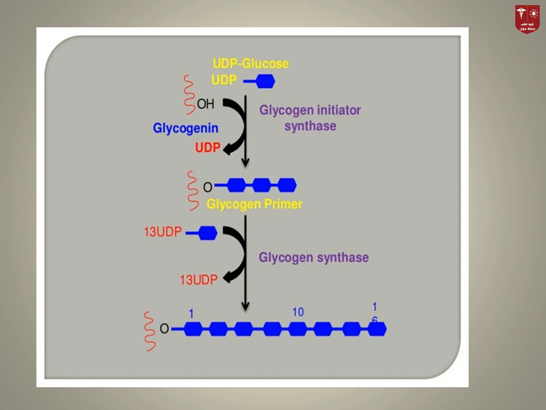Like we can see here, this is an illustration of what I've just said. This is the UDP-glucose. Okay, and this is the glycogenine. First, this UDP-glucose is going to attach to the glycogenine primer. Then glycogen synthase is going to bring more and more UDP-glucose molecules, and it's going to elongate